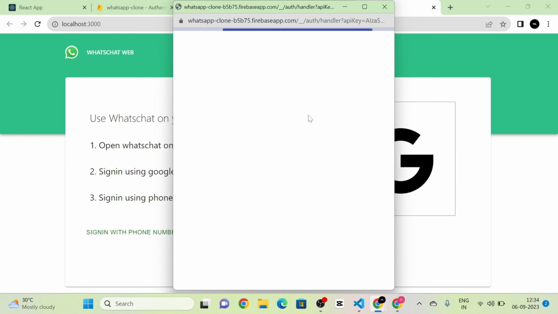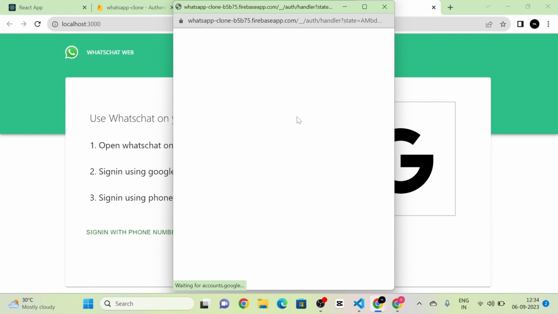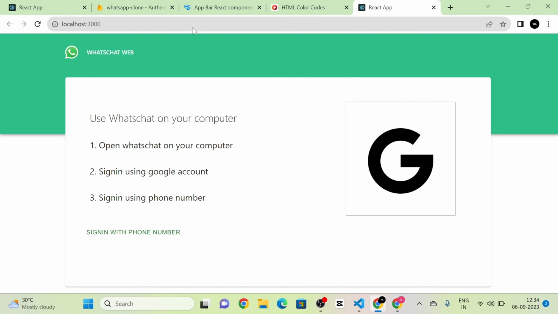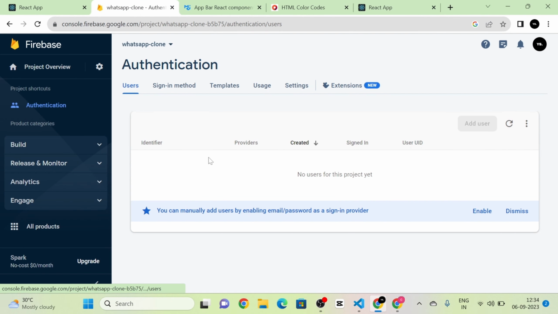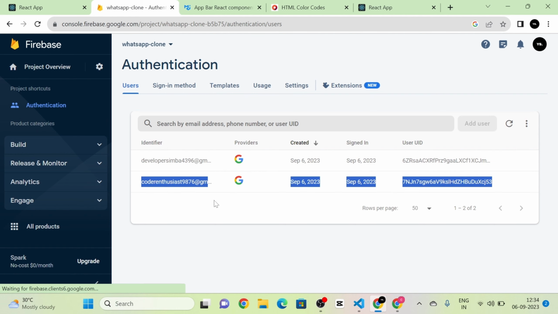Here also I am going to log in with this Google account. So now you can see that there are two users listed in this authentication section. Okay. So next I'm going to do is,